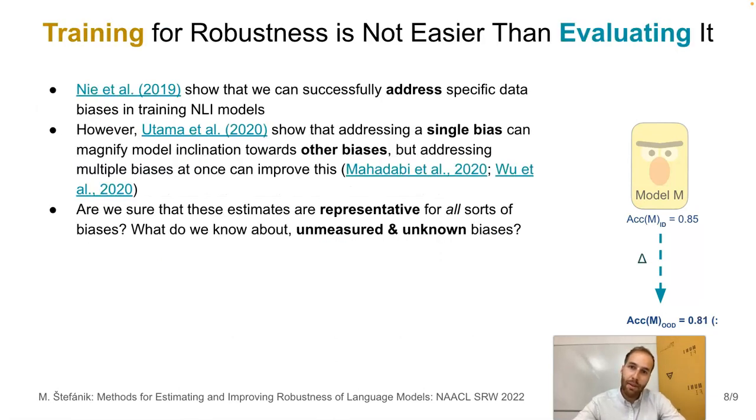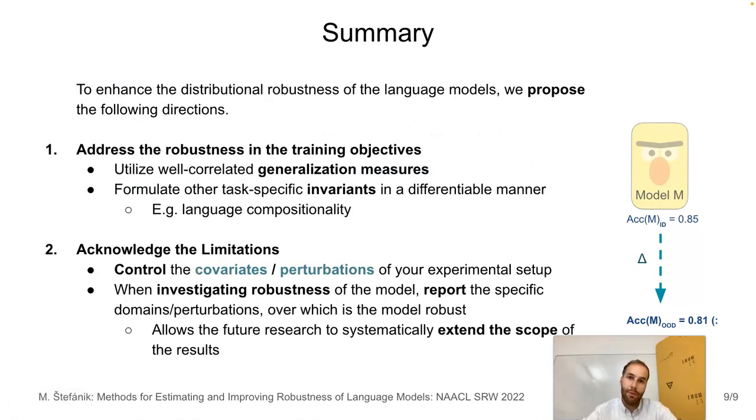Similarly, in NLP, the studies of some authors find benefits of elimination of specific data bias, for instance, for natural language inference task. Consequently, other studies find that addressing a single bias can actually cause side effects, eliminating the addressed bias, but biasing the model in a different way. Following studies propose that this problem can be mitigated in addressing multiple biases concurrently. Inevitably, though, the question raised is, how many and which biases do we need to evaluate for to confirm such conclusions? Enhancement of the robustness of our models is a natural incremental step towards models' ability to extrapolate training data.